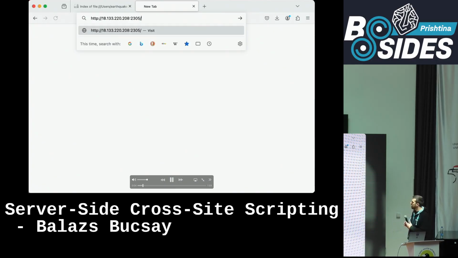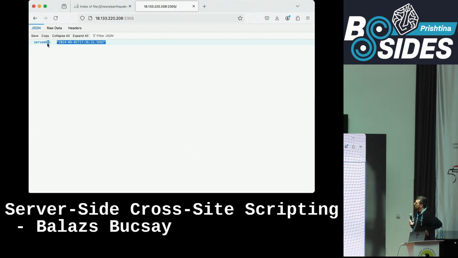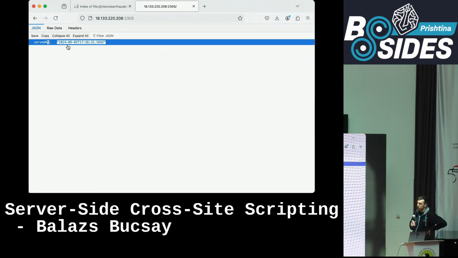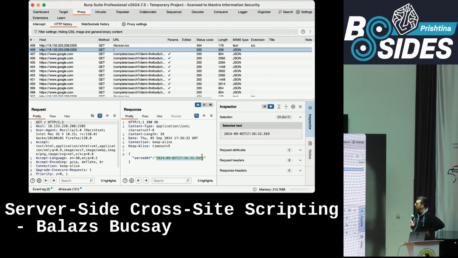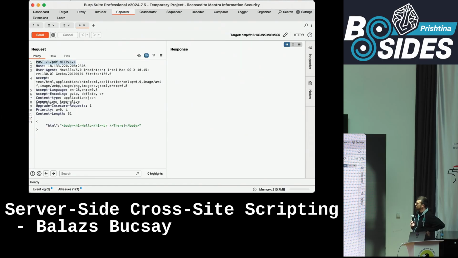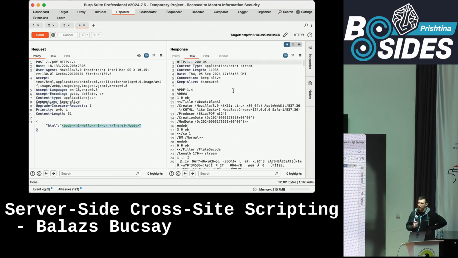So here you have the Docker container that I was talking about. It's working, it's accessible from the internet. And in Burp, you can send a post request to it. So that's what I'm going to do. This is the endpoint. And you can see the content there, which is HTML body, hello. It basically creates a website which says hello there. Now we send it. It says 200 OK, so it was generated, and you can see it's a PDF file.